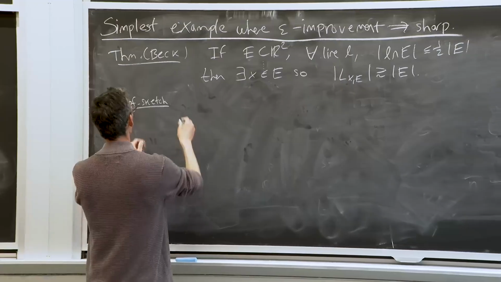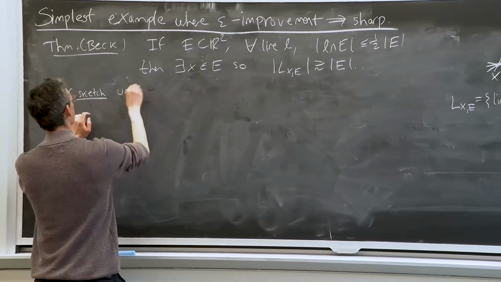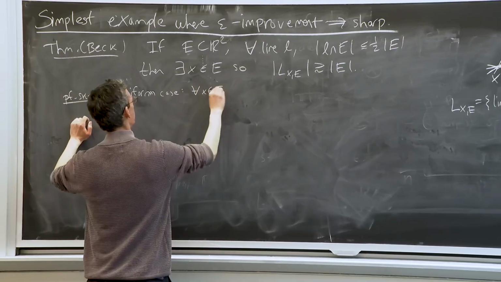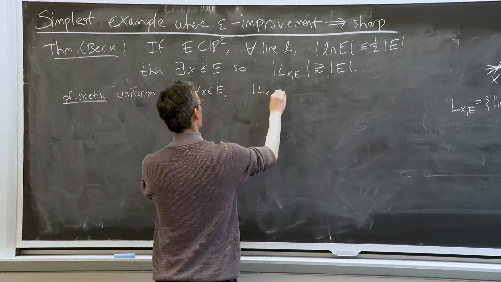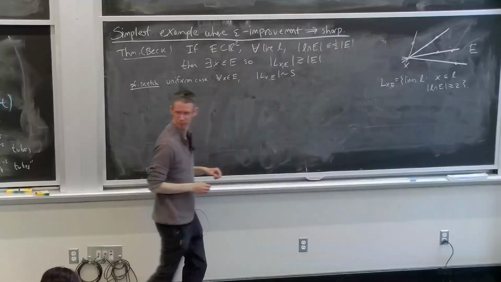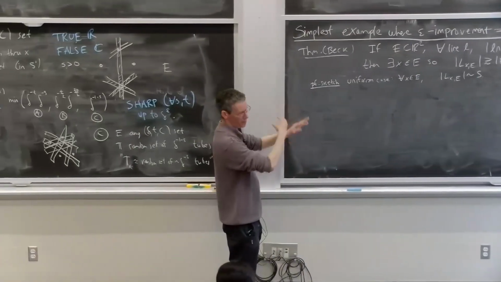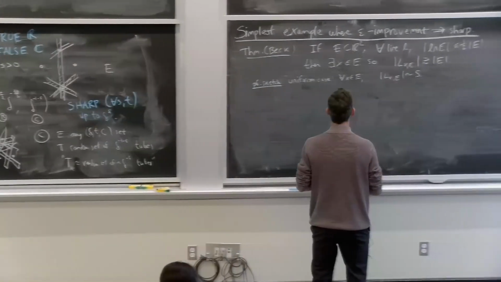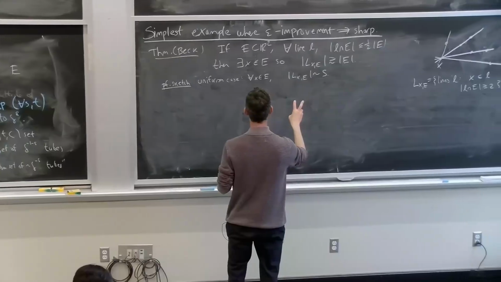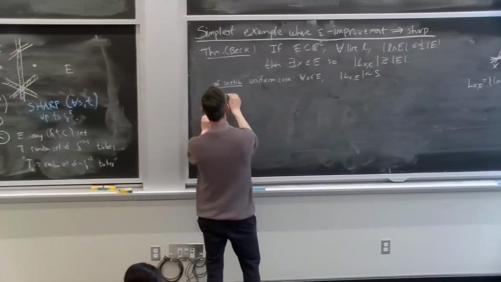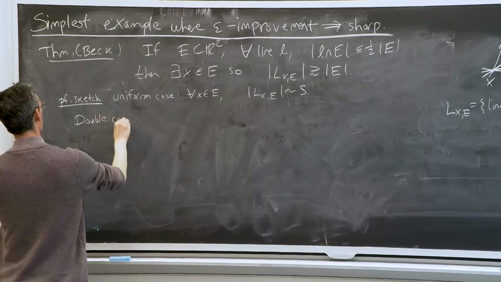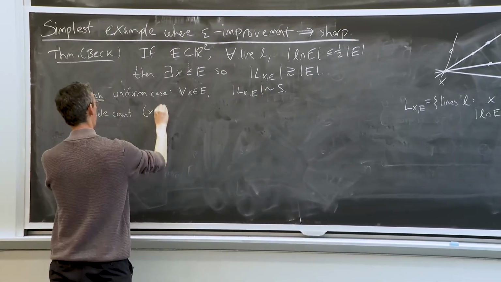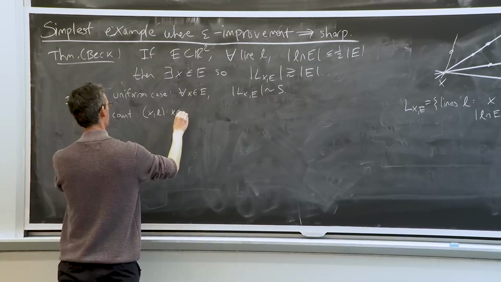OK, so here we go. So the sketchy part of my proof sketch is that I will suppose that we are in the uniform case. Namely, for every x in E, I will suppose that L_x(E) has size around S. So it's not really the case that they would all be comparable, but I'll just explain that special case. OK. So now, how many lines are there in total? We can do a double count to find the total number of lines. So we're going to double count pairs (X, L), where X is in E,